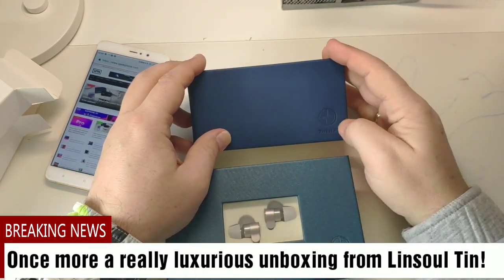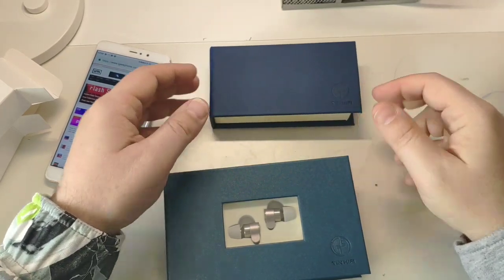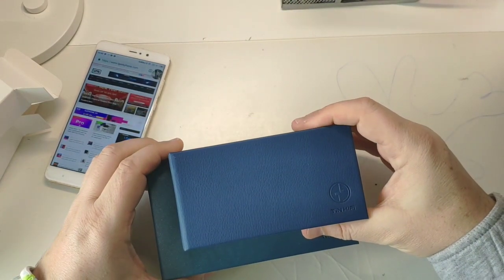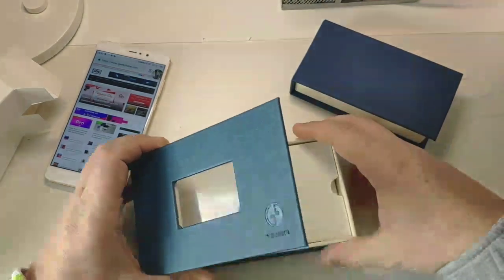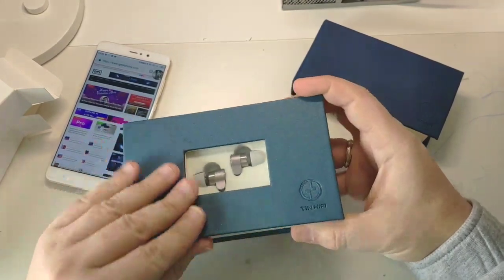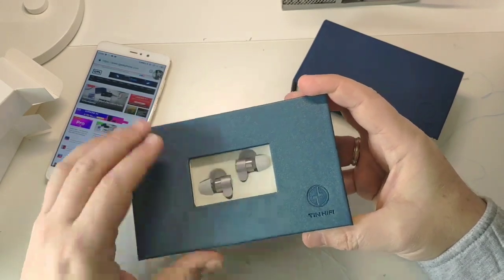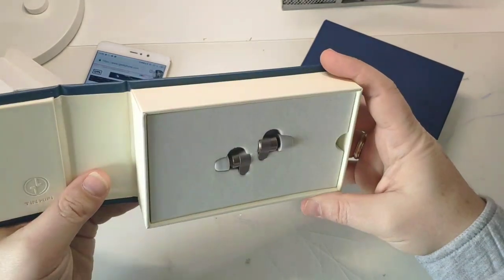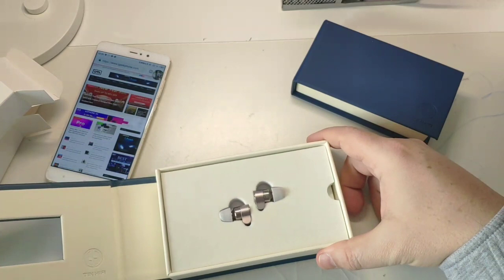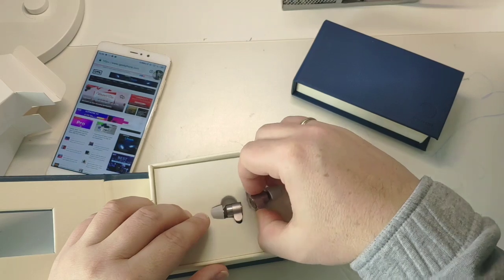Again, the same mark with TinHiFi engraved here as in the previous version. A bigger box, I would say about half more. So let's open it. Again, this luxurious unboxing feeling that all earphones from TinHiFi have. I really love it when they send me new products, and the process of unboxing alone is very pleasant, I have to say. So you see here are the earphones